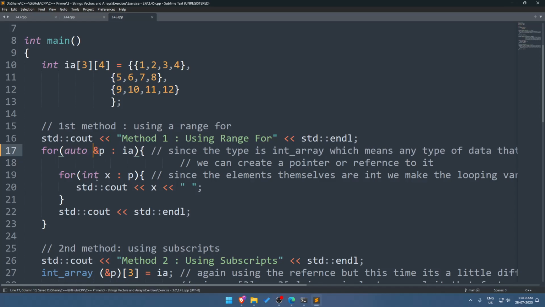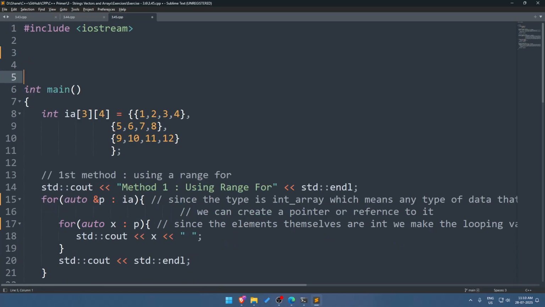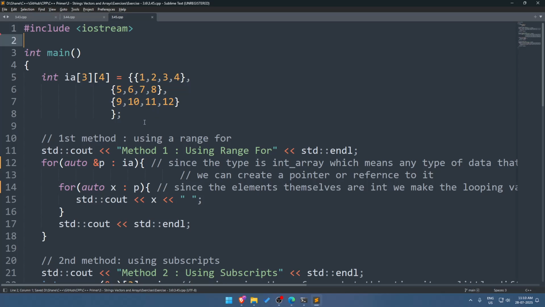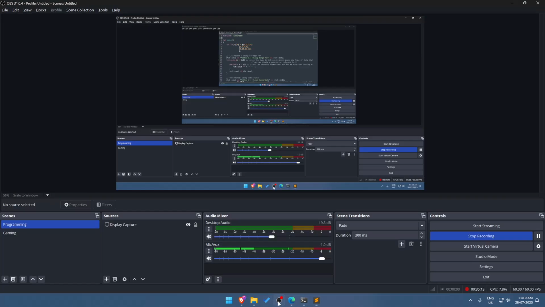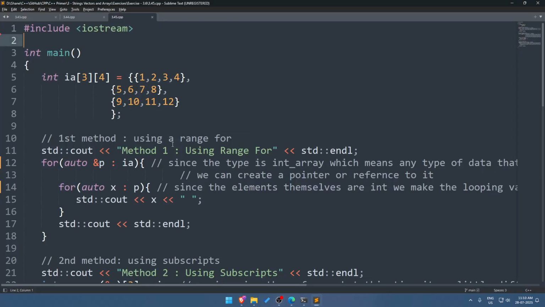We create a reference, then we'll go with auto, and we won't be needing this. Alright, so we create a first reference since